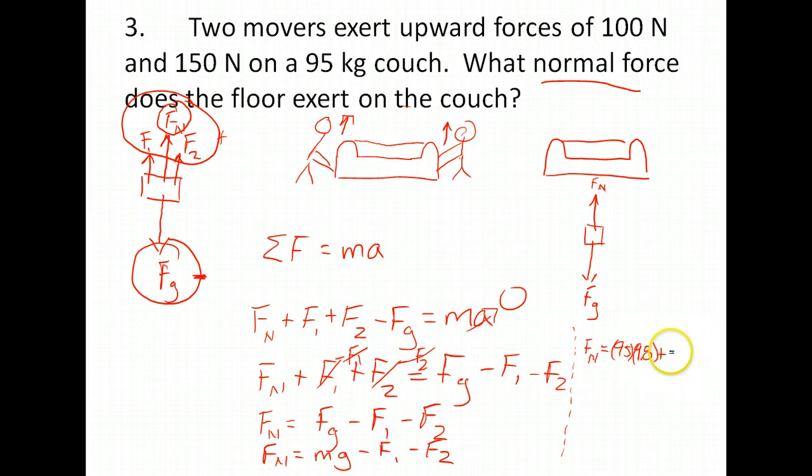The first one was lifting up with 100 newtons of force, and the second one's lifting up with 150 newtons of force. So 95 times 9.8 gives us 931. 100 plus 150 gives us 250. We add those together, and we get